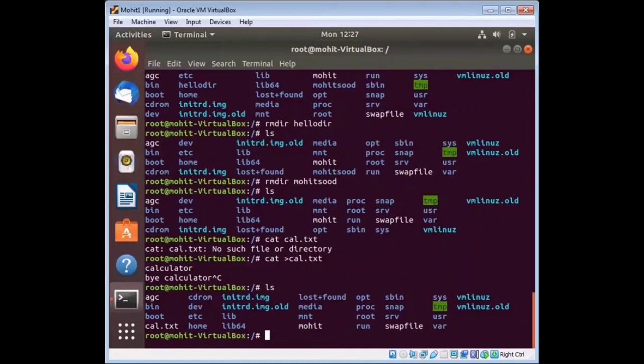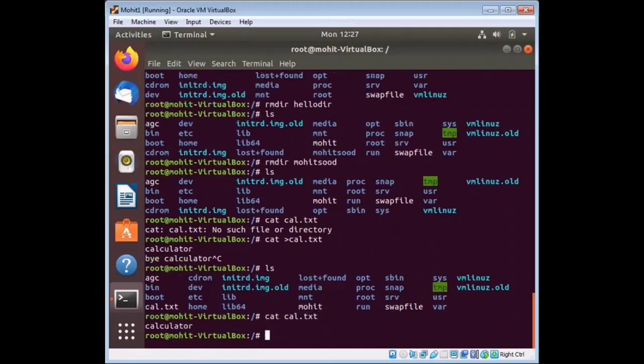So cat greater than cal.txt is used to create the file. Now I'm going to check my file through cal.txt. This is calculator. Okay, it will work.